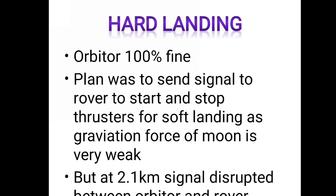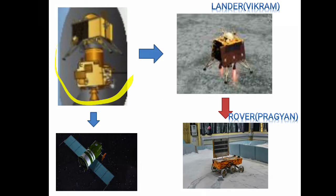Now let us talk about the hard landing. The orbiter is 100% fine. This was the payload which was sent. This is the lander Vikram, and this is the orbiter. The orbiter was to get separated from this and also the Vikram. The orbiter separated successfully and is working till now. Vikram also successfully ejected from this. But